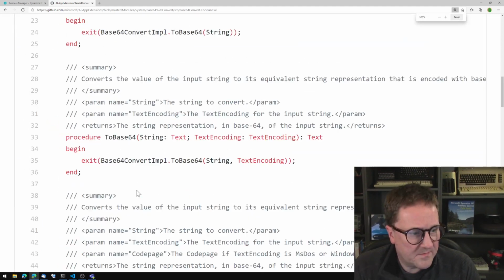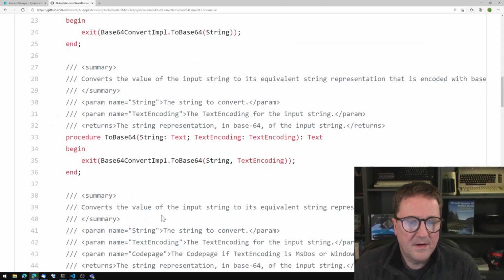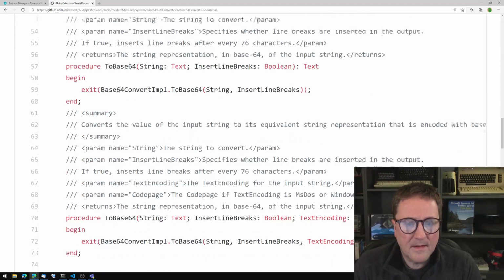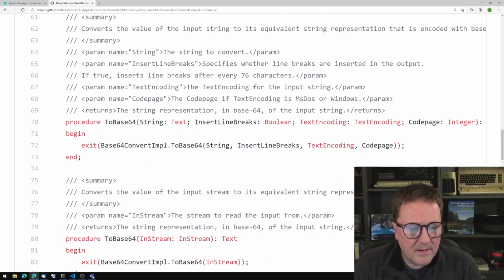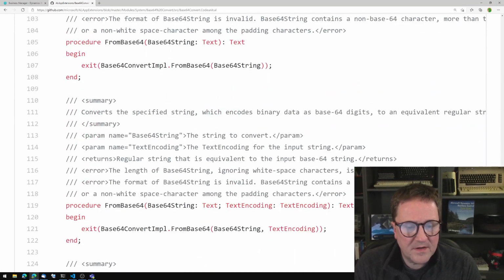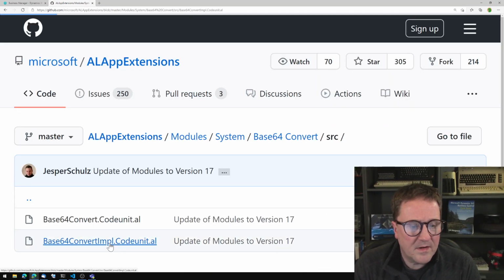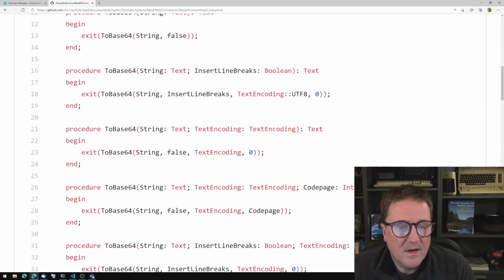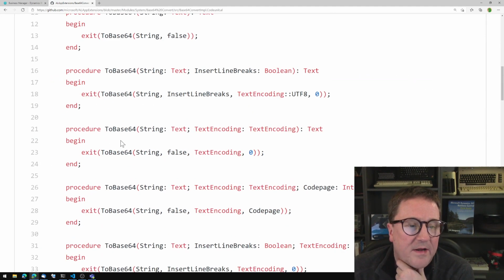Let me make sure I make this bigger. I think this one just in the implementation calls the function straight, but if we look at, sorry, this is the implementation, and you can see here that